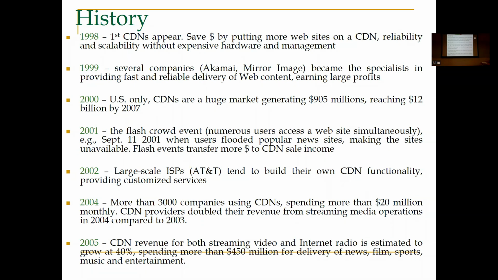Similarly, we have flash crowd events. A flash crowd event is a scenario when we have a voluminous demand at a certain period of time. For example, when 9/11 happened, people were searching for all the reasons. So we have certain events where customer demand rises, and sometimes on this duration the servers are not capable of fulfilling the customer requests, and they become dumb.